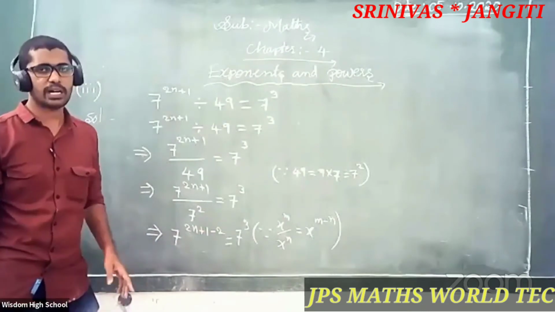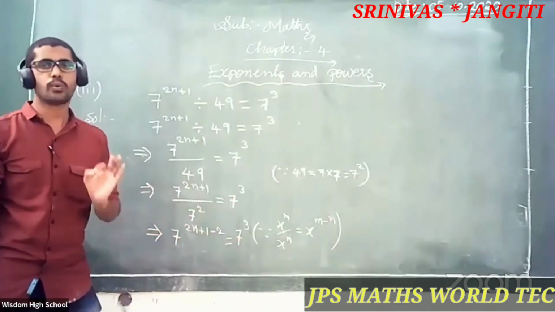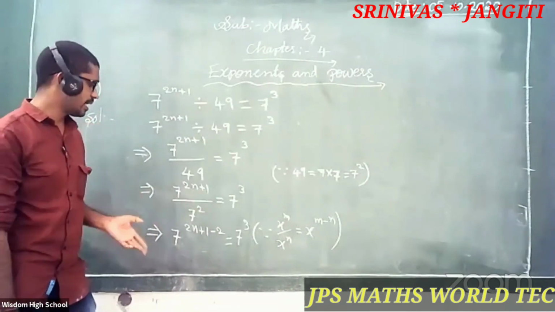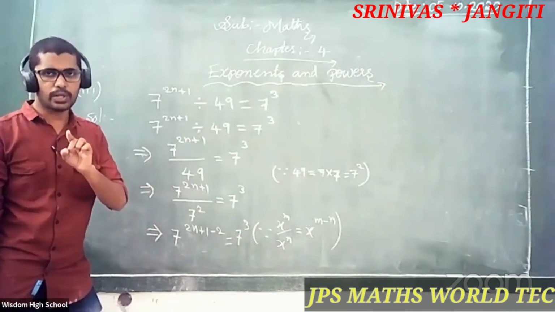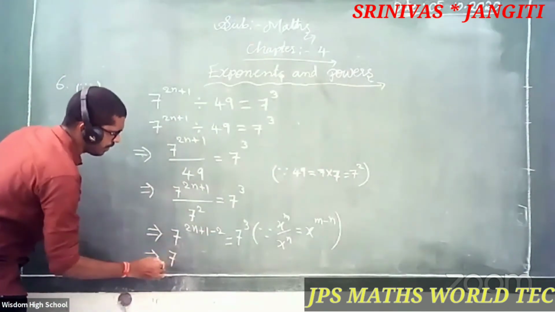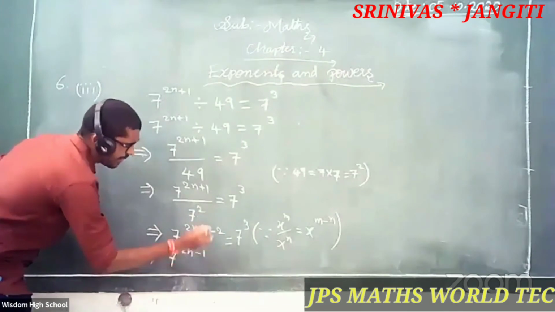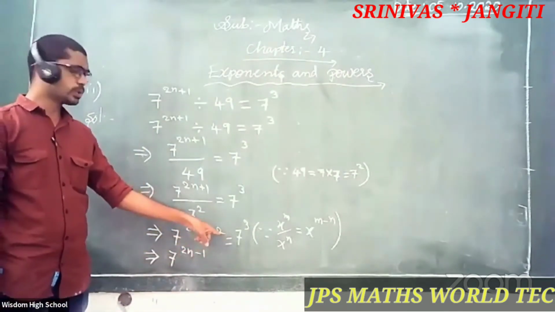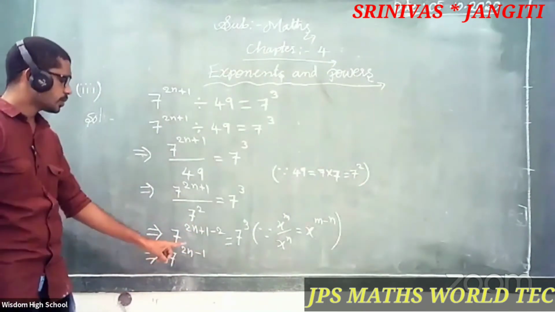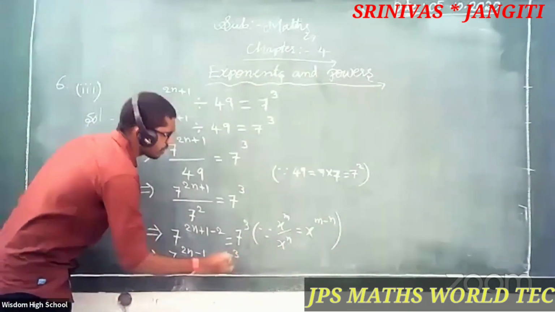Now here apply another law. What is the law? So simple a law. Here 7 or 7, the bases are equal, you will know. Then the exponents are also equal. That's the law, you know. Before that, one step, it is better to simplify this first. It is 7 to the power of 2n here plus 1 here minus 2. So the result is minus 1. Do you know already? Negative 2 there, positive 1 there. So the result is minus 1 only now. Then 7 to the power of 2n minus 1 is equal to 7 cube. Now you have to, so simple.